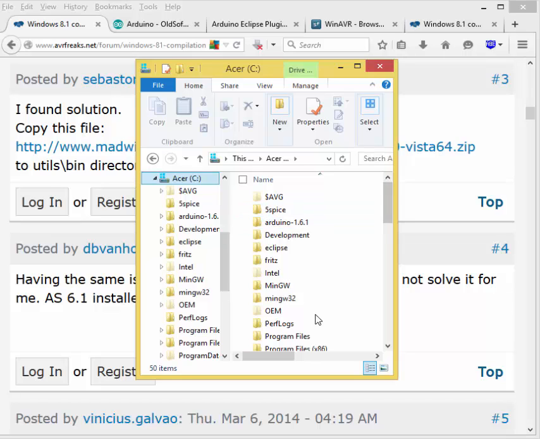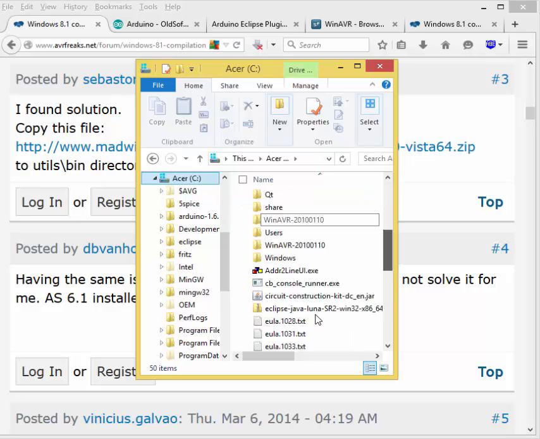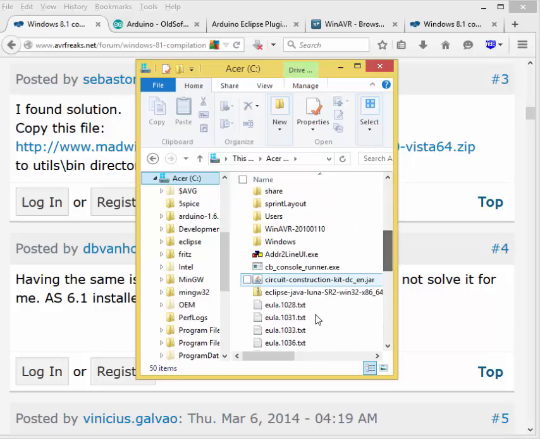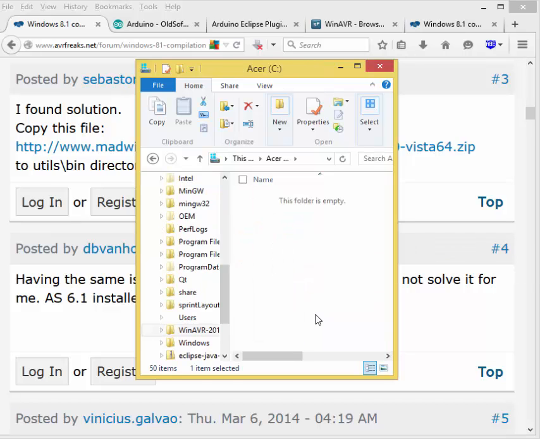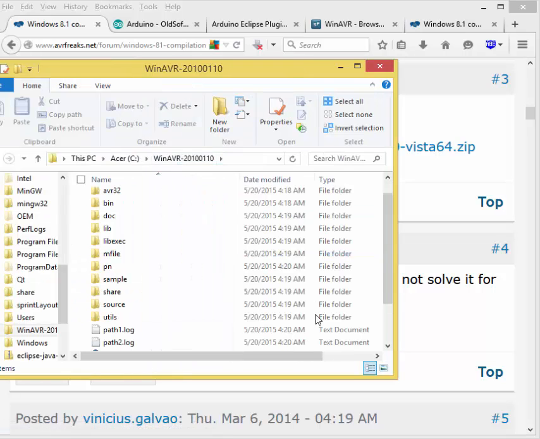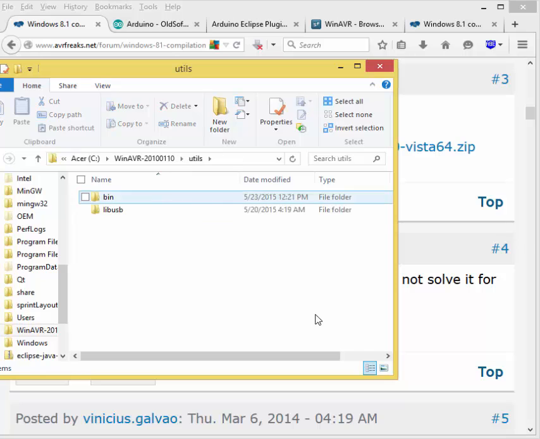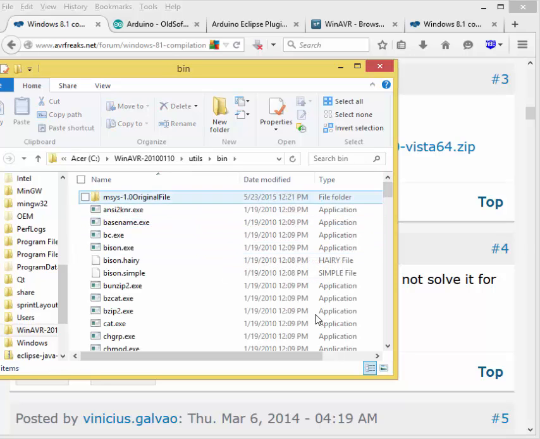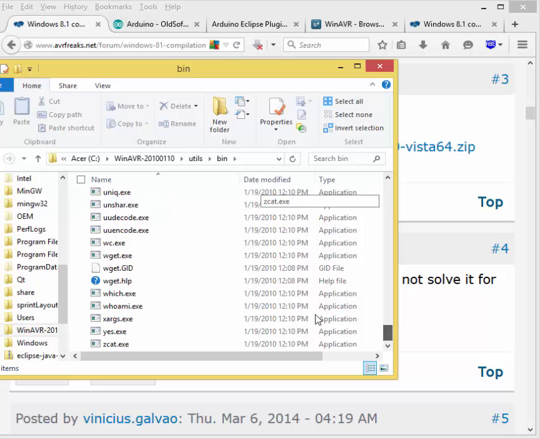And I downloaded it to my C file. So right now we're in the C file. And so it's all the way down here at Win. It's right here, WinAVR. Okay. And when you click on that, you're going to get to your folders. Now it's saying it's in the utils bin folder. We're right now at our program folder. You see utils right there. Click on it. And then bin. This is where that folder is, and it's